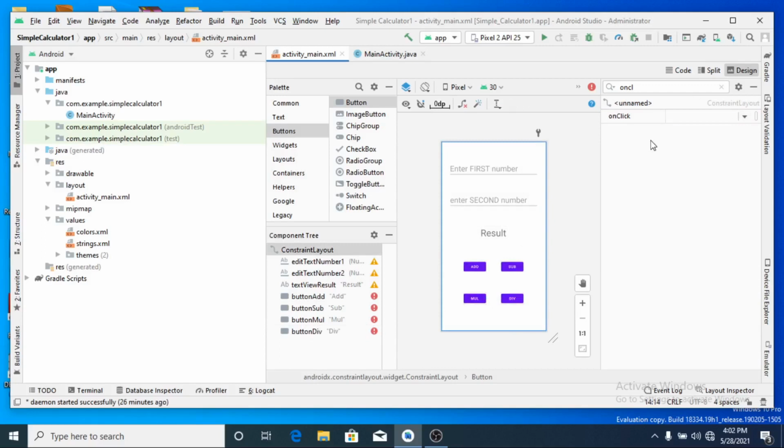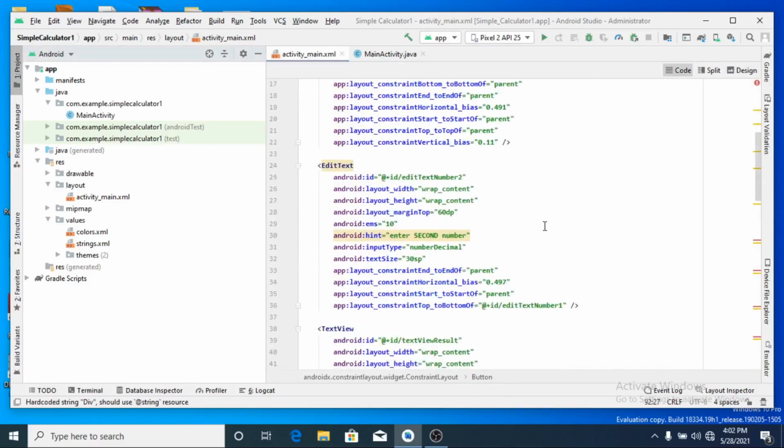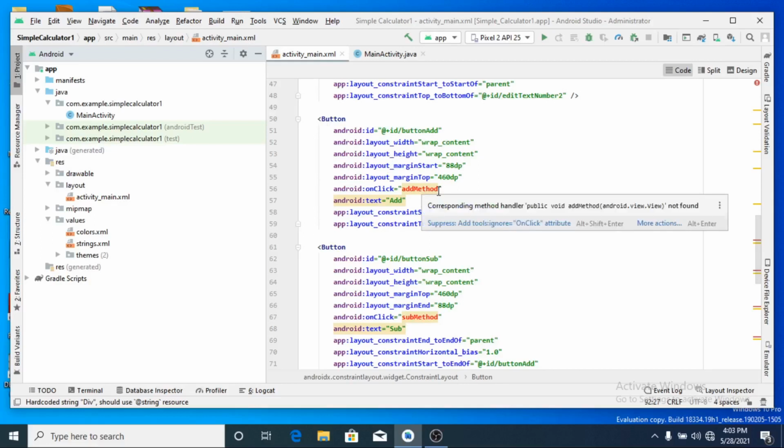Right. Now all these on-click methods or attributes are added into our XML code. I will show you the code now. I'm coming into code. Right. Now, if you come to buttons, the red marking is there, add method, because this button is added with on-click attribute, add method, correct?